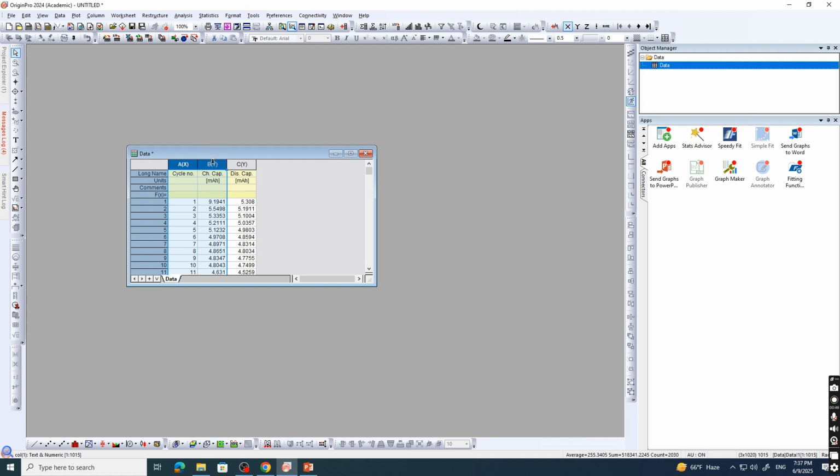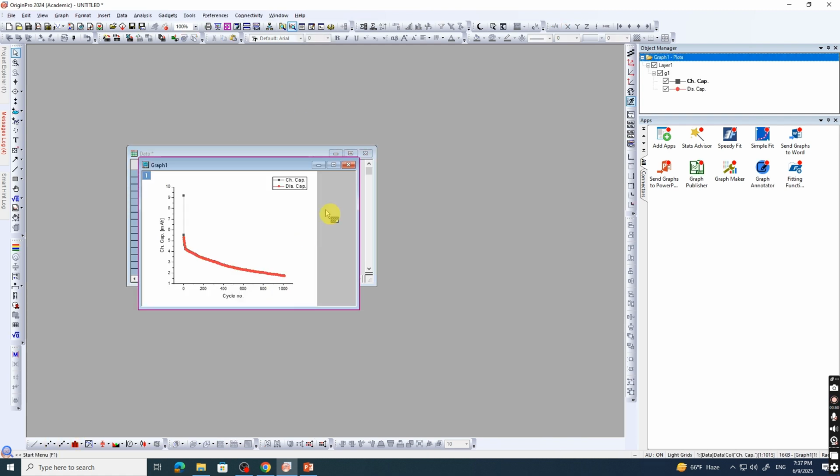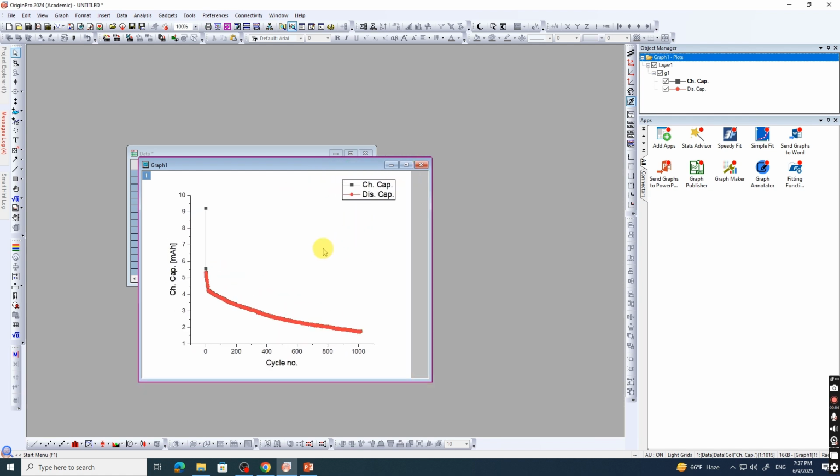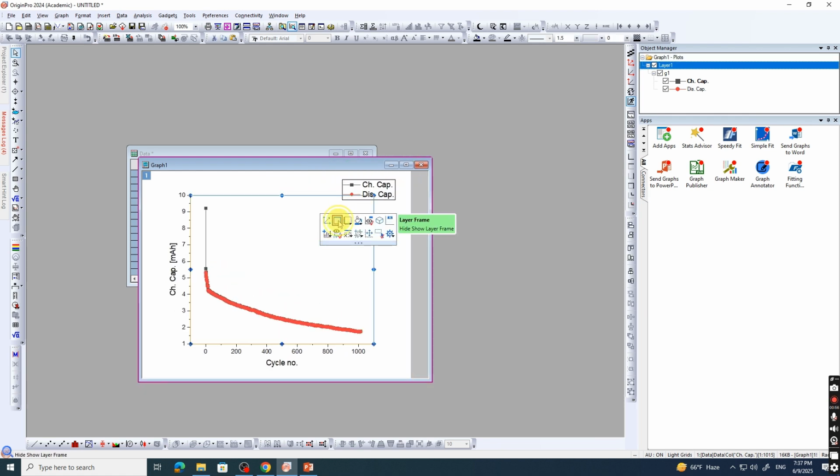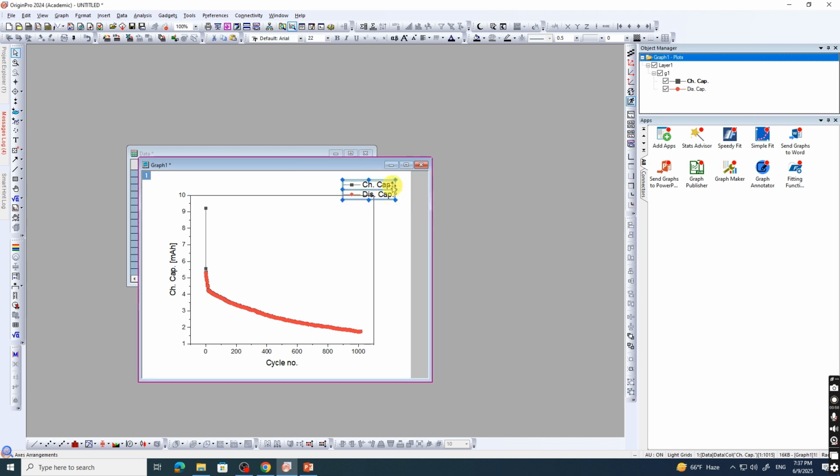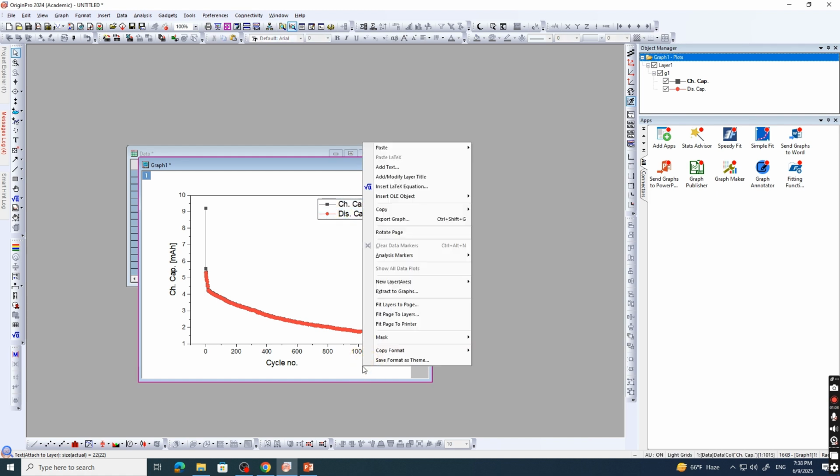I will select three columns and insert the graph. I will insert the lines. Now my graph is ready for the export. So there are multiple ways to export this graph. Right click here, and the first method is